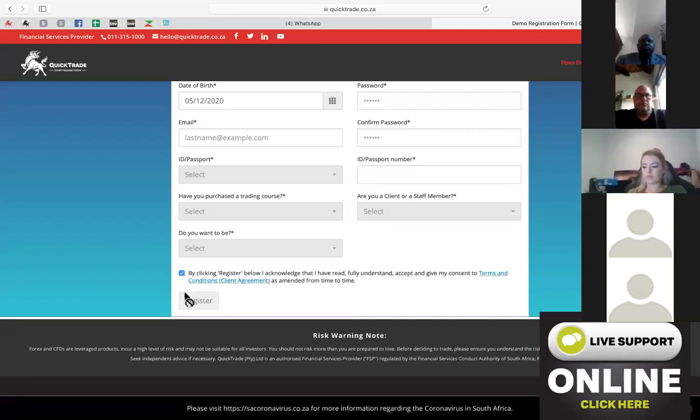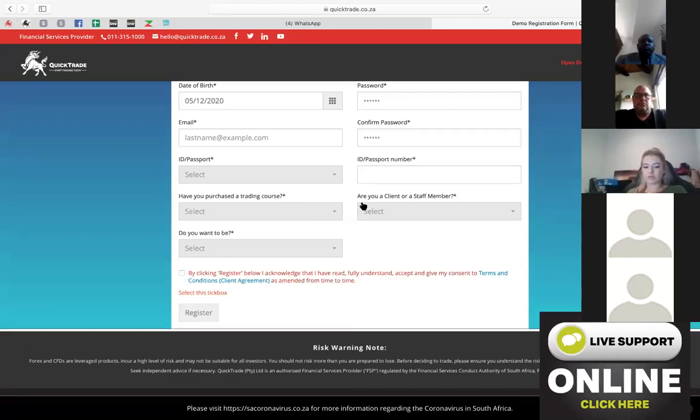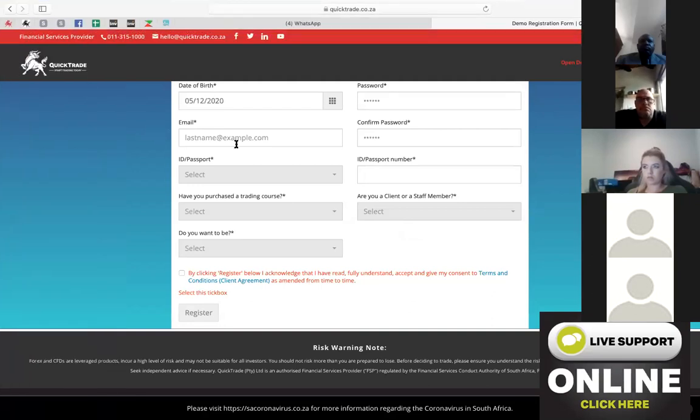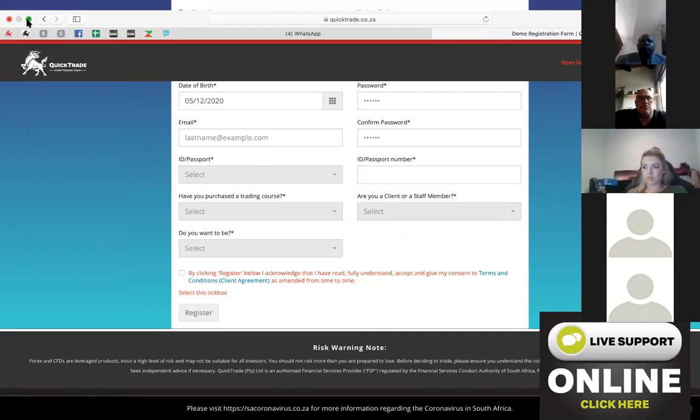You're going to click on the little box there, and you're going to say register. Once you've registered, you will receive an email with a validation link. You're going to click on the link, and then you're going to have access to your portal. All right, so once you actually get into, let's see, I want to find an email that looks,